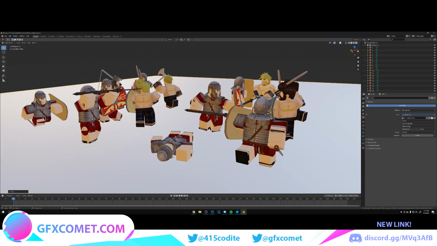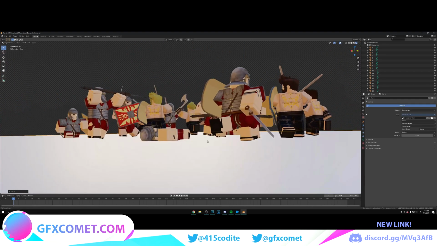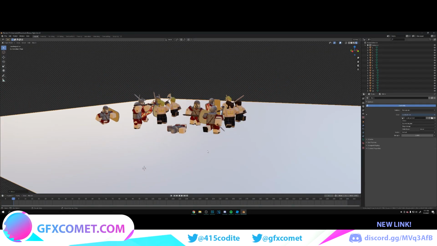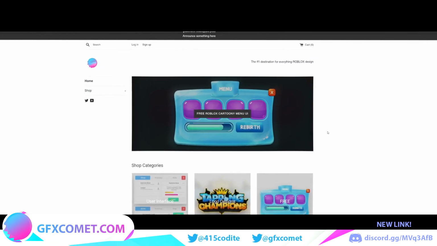We also want to give our ground some bump, so it's not completely flat. And how we're going to achieve that is we're going to hit,